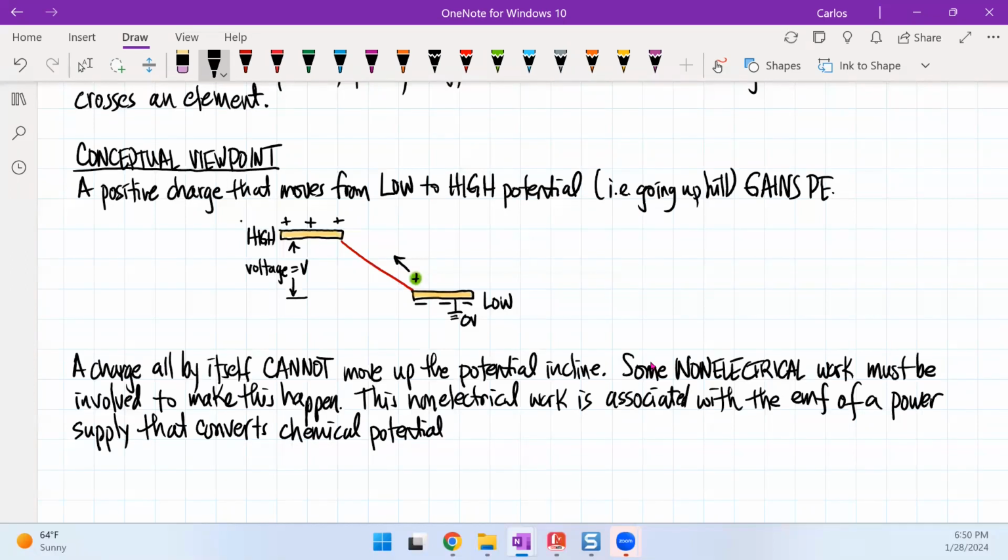It's not work, but it converts chemical potential into